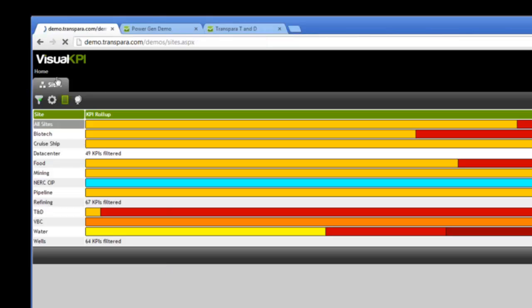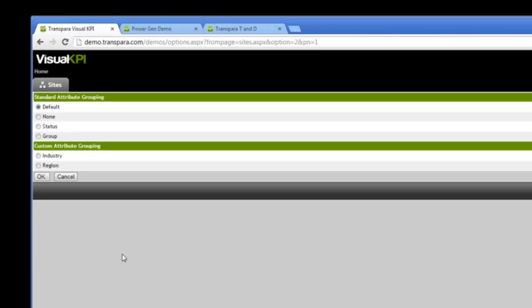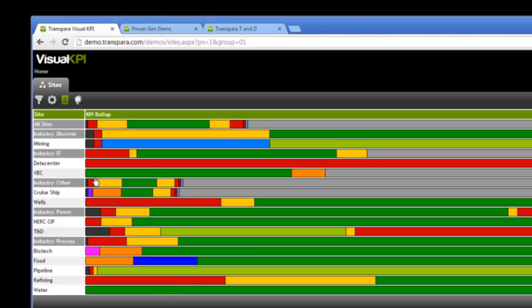Another thing you can do is I can group things. This is actually really interesting. By using our custom attributes, I can define these on the site and say, maybe in this case, I've only done industry and region. But if I choose to group these by industry, then what we get is ad hoc on the fly roll-ups based on that attribute that we defined. So here for IT, we have a data center demo and a virtual briefing center demo. And again, these are whatever you've defined in your company to be interesting ways to group this information,